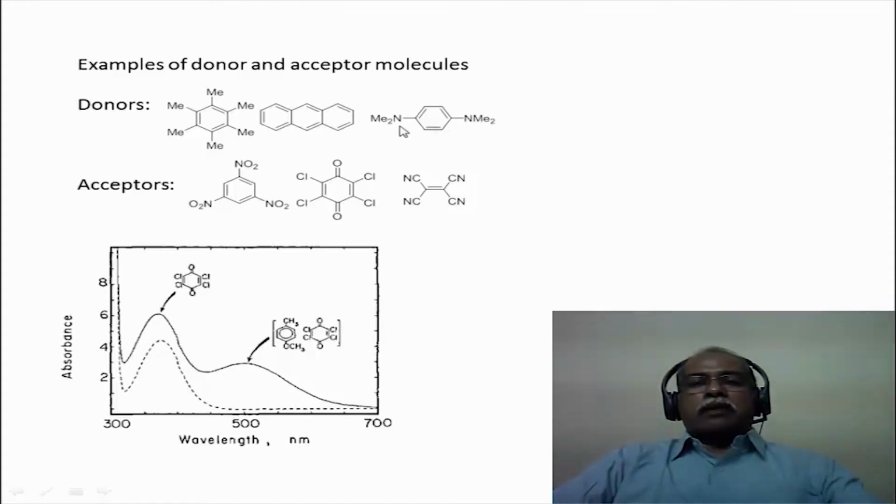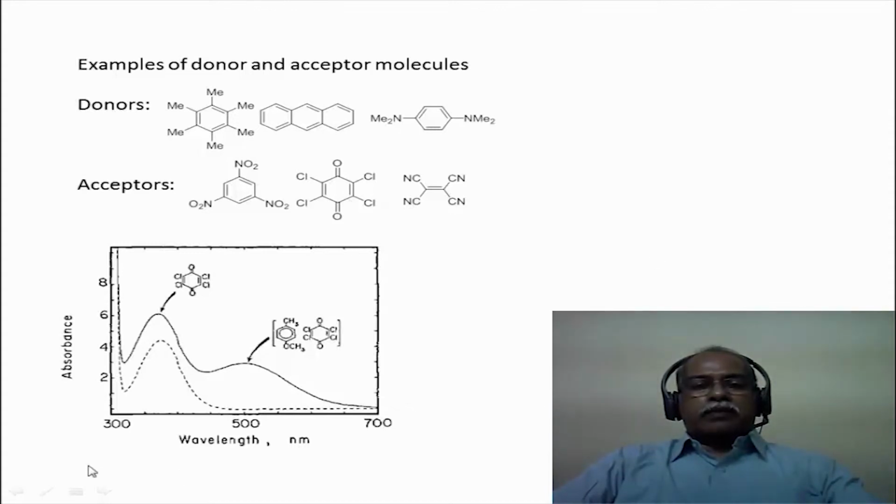On the other hand, if you have electron donating functional group like the dimethylamino functional group, that will be a good donor in nature. Electron acceptors will make the molecule electron deficient in nature. So quinoid compound, tetracyanoethylene kind of a compound, or trinitrobenzene kind of a compound can be acceptors in terms of having high electron affinity in this system.